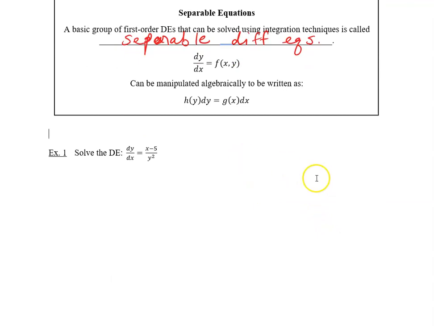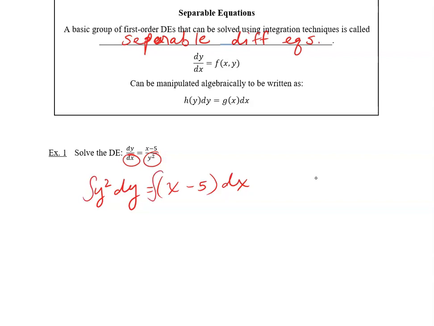Let's do one more example. Solve this differential equation. Now this one is a little more straightforward. Maybe I should have started with this, but that's okay. What we want to do here is get this y squared term with the dy, and we want to get this dx term with the x minus 5. One way to think about this is literally just cross multiply. So we can write this as y squared dy equals x minus 5 dx. And so now I have the y squared with the dy, I have the x minus 5 term with the dx, and I can